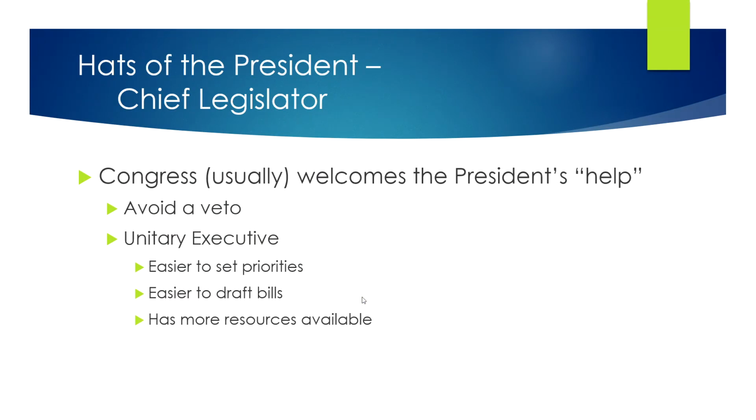Two of the major reasons are, number one, Congress wants to avoid a veto. Congress doesn't want to spend hours and hours and who knows how many dollars and time and effort and energy putting together a bill that the president is just going to veto at the end of the day, right? So by getting the president on board early, Congress can have an idea of what the president is thinking, what it would take for the president to sign off on this bill, and so there's more guarantee that the president won't veto it. Also, with the president being a unitary individual, it is just a lot easier for the president to get something done.